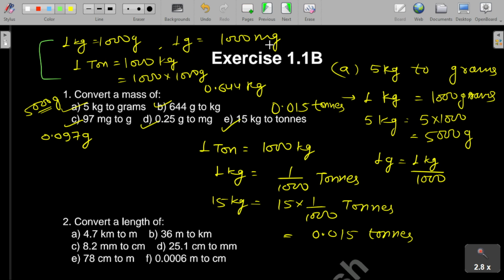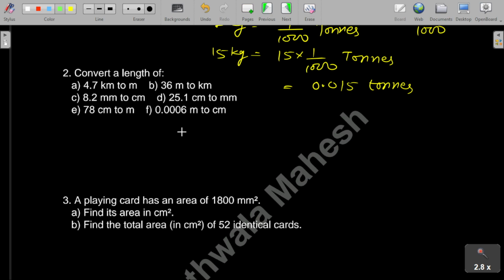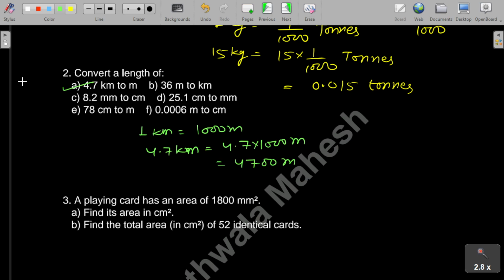Now moving to second question. Convert a length of 4.7 kilometer to meter. For this one, we know that 1 kilometer equal to 1000 meter. So 4.7 kilometer equal to 4.7 into 1000 meter, which is 4700 meter. Second one, 36 meter